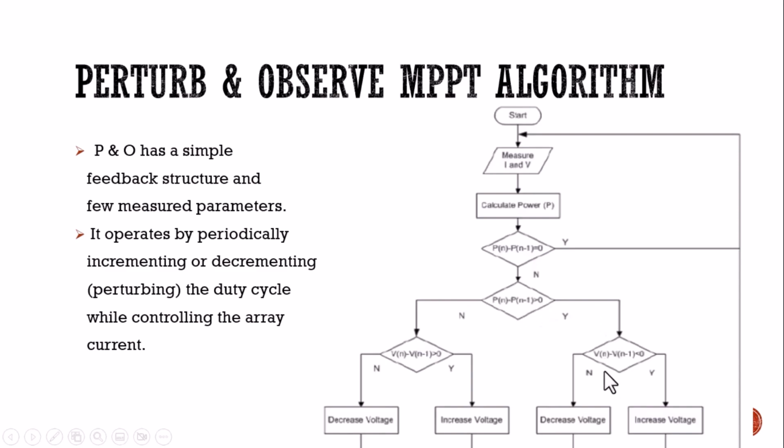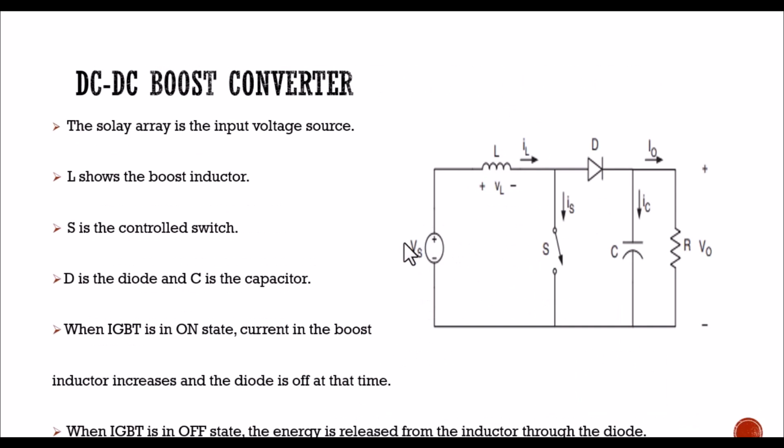Through this iterative process, the system maintains operation very close to the maximum power point, even under changing sunlight, temperature, and so on. This is the DC to DC